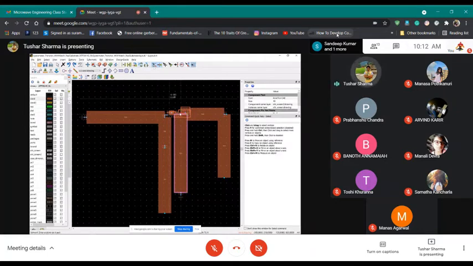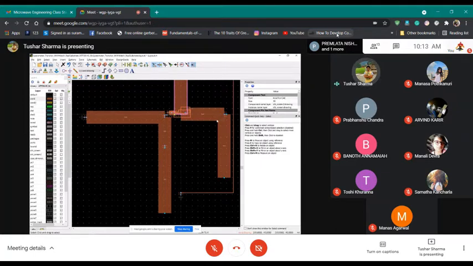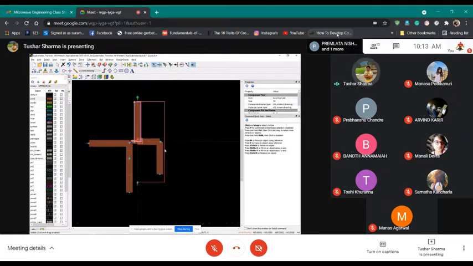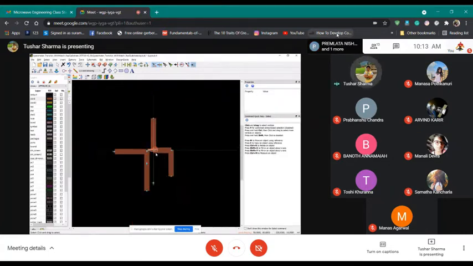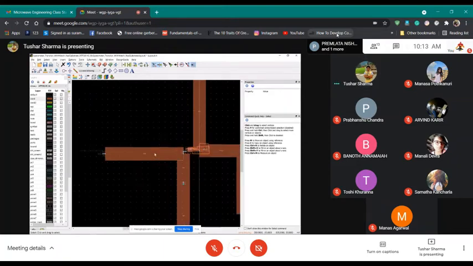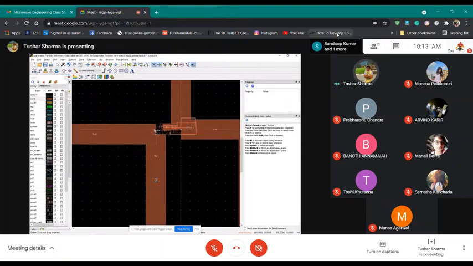So technically this layout is not right. I will tell you what the problems are in this layout, and then you have to account for that first in your schematic. First thing is, technically you basically have a resistor here, right? There is one resistor here. Then there is this R1 and R2.